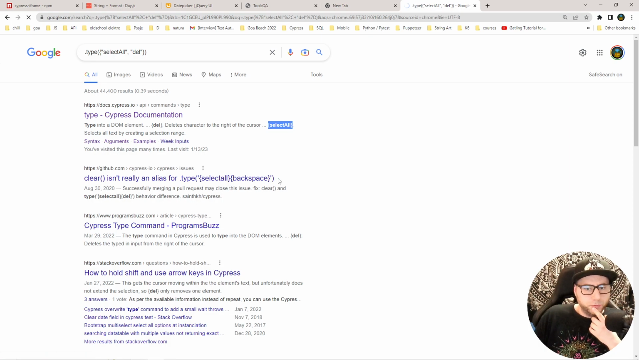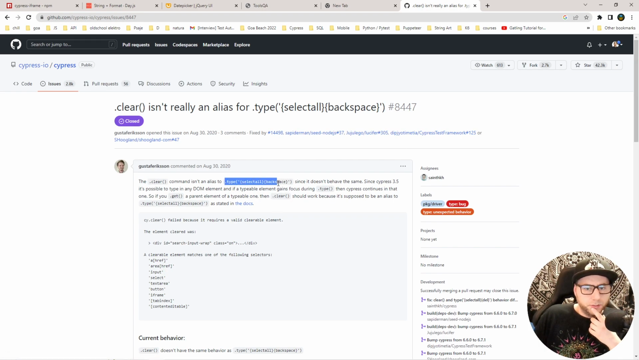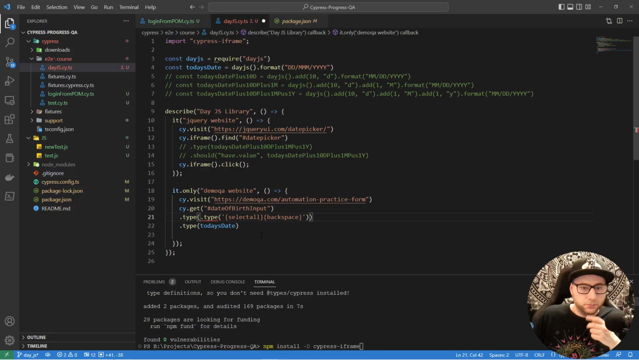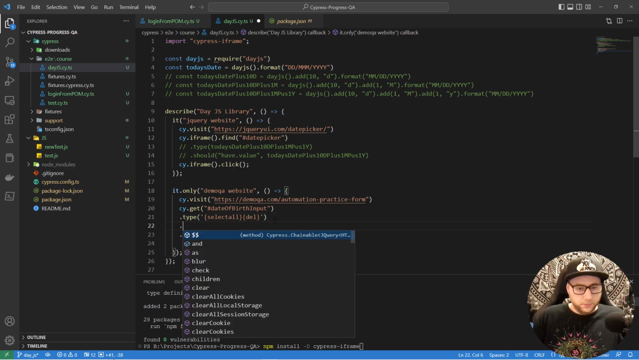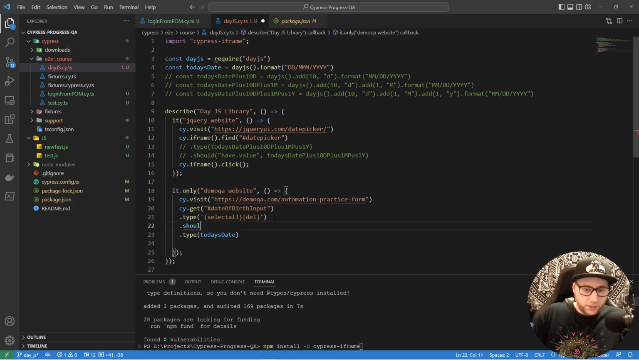Let's check this example. Okay, type select all backspace, but in our case we want to use delete, because okay, now it works. That was my mistake, sorry guys. And we want to select all and not backspace, because it will work like clear, so there will be an empty window. So we want to use delete from the keyboard. Then we can add assertion should be empty,